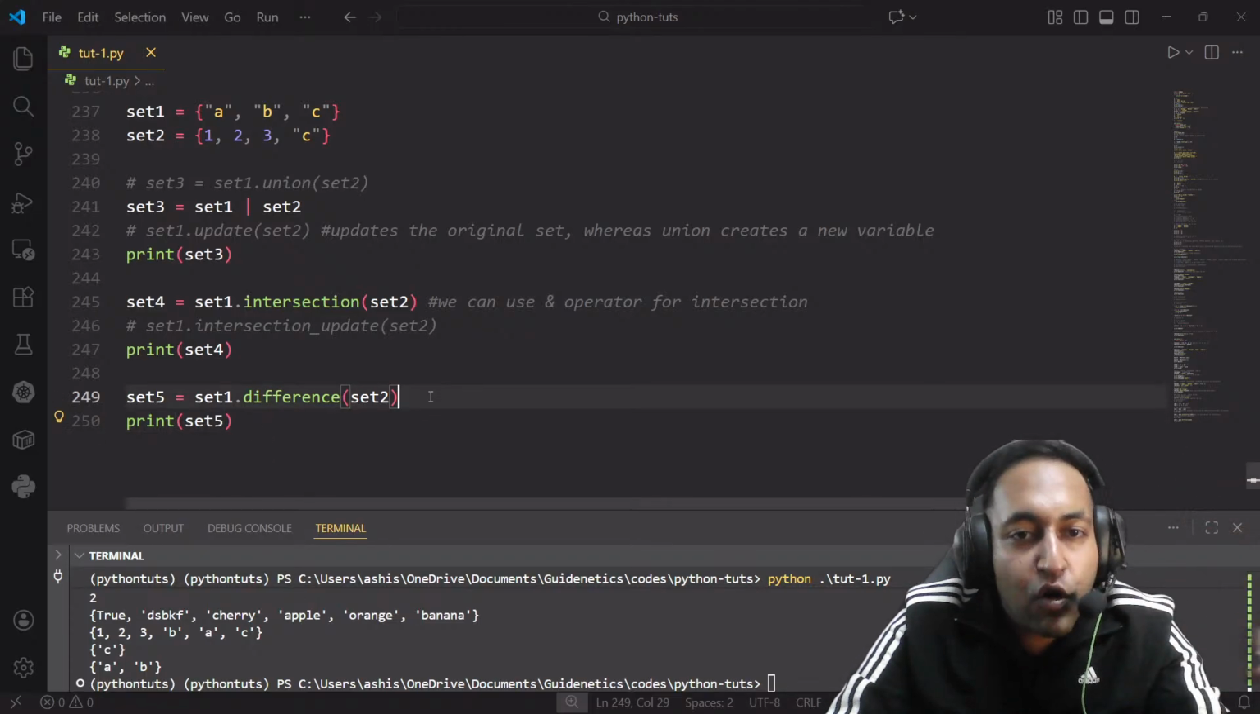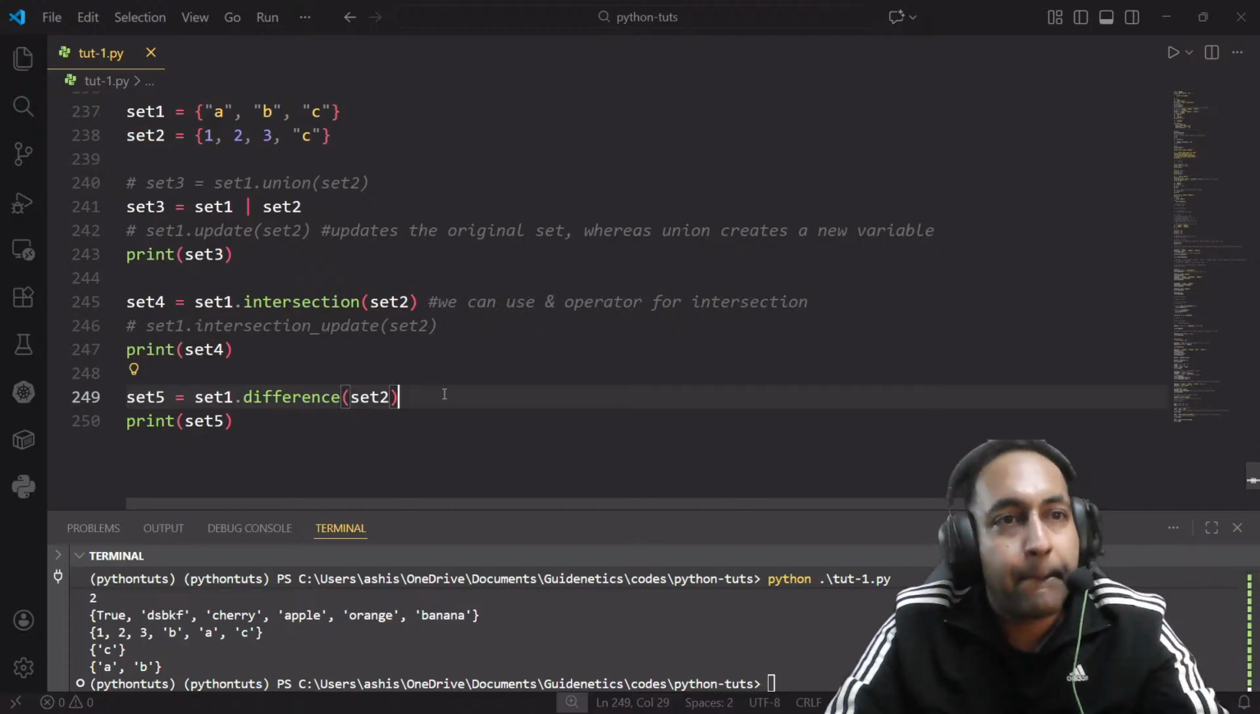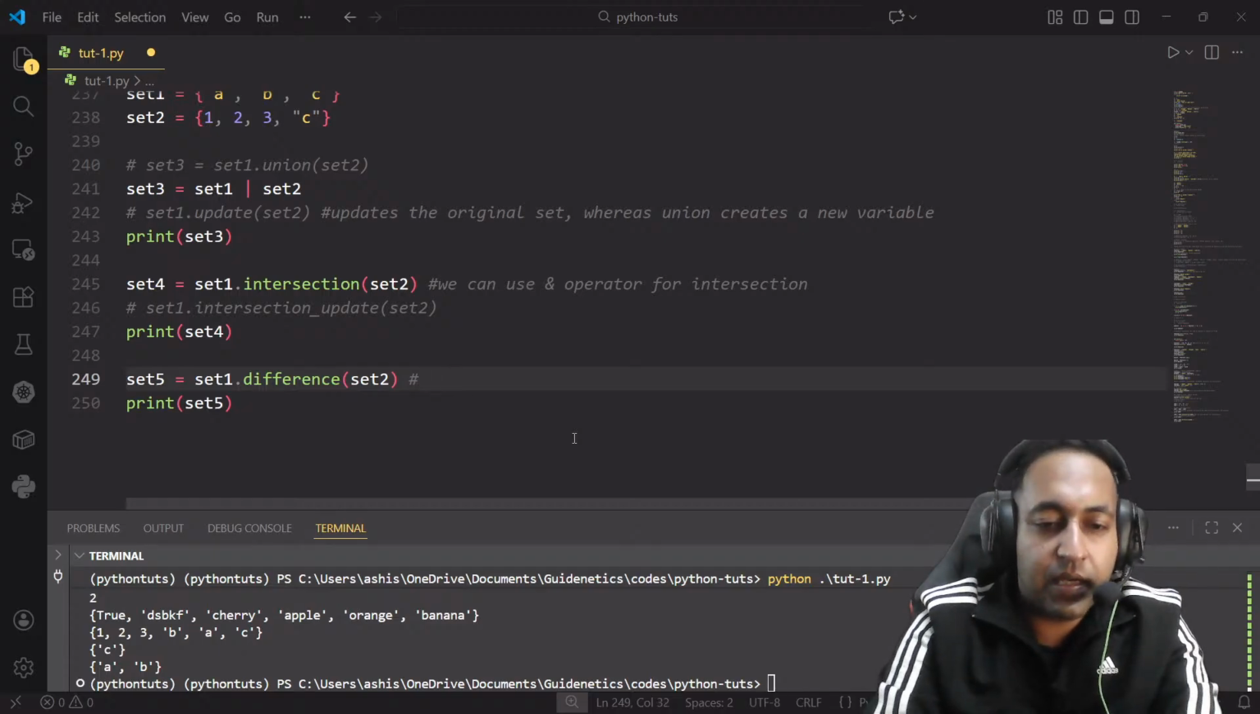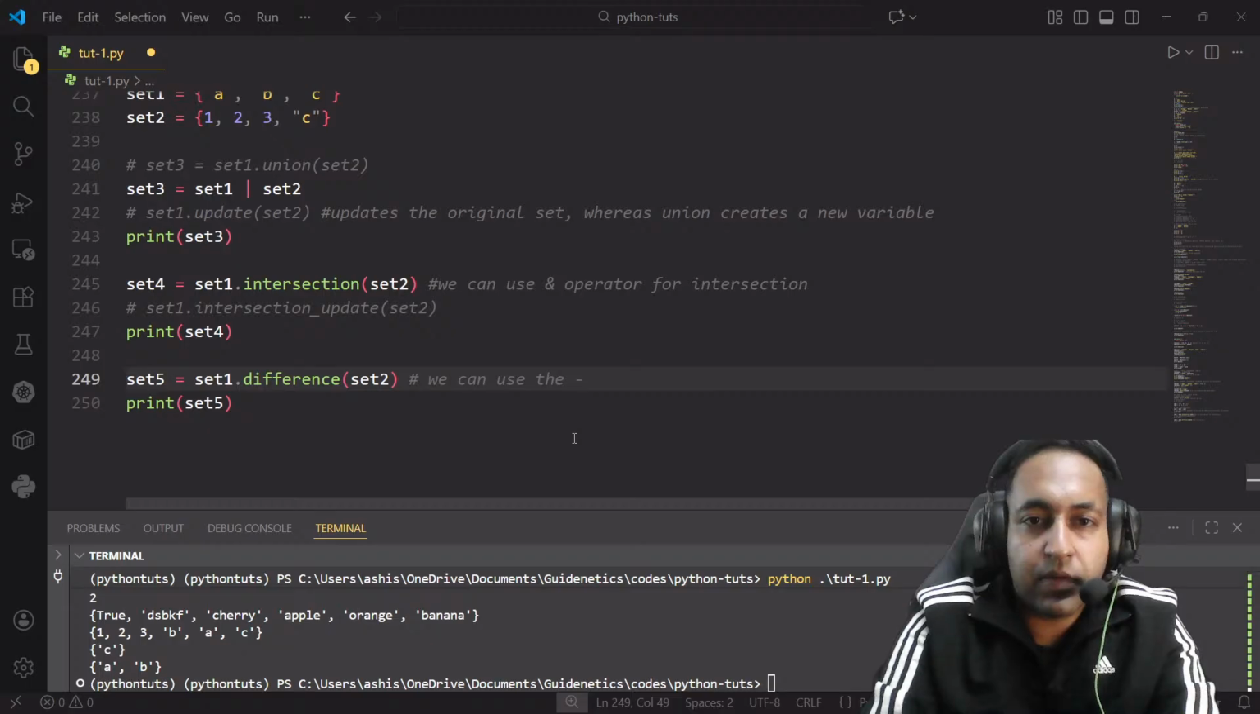And for the difference operator, we have the minus symbol. So we can use the minus symbol